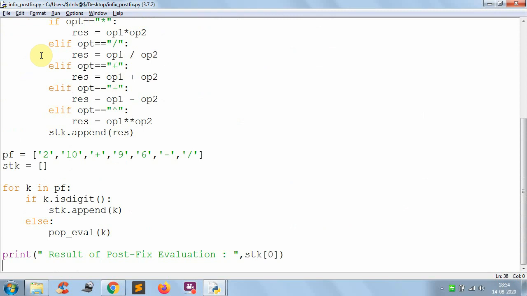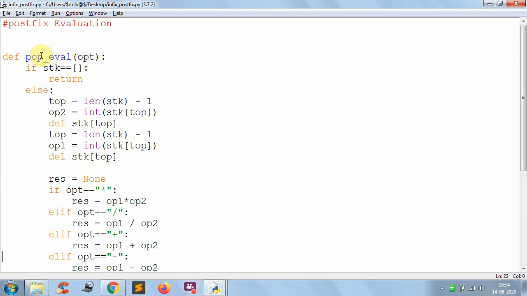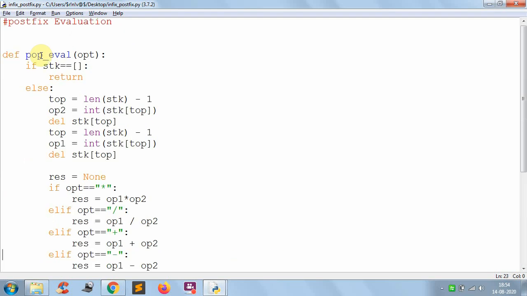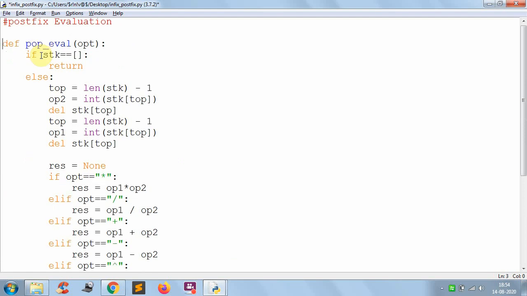So first you have to do 12, and here you perform this. The answer is 12. After that 12 9 6, after 12 you have to push these three things. Here 9 minus 6 is 3. So 12 3 division is there. 12 by 3 is 4. So that is the answer, and we got exactly the required answer. This is how we write a program for the given postfix expression evaluation.